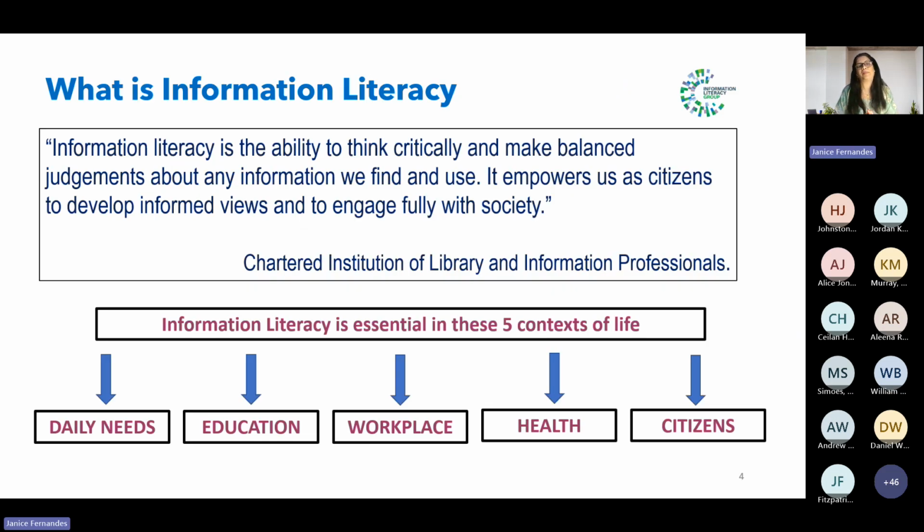When I talk to students about information literacy, I try and make it more relatable. So I'm talking about discerning between real information and fake news, discerning between information choices, discerning between what they think is really relevant to them, but more with respect to not just their assignment or their module or their course, but with regard to daily needs, employability, a lot to do with their health choices, and thinking of them as global citizens.